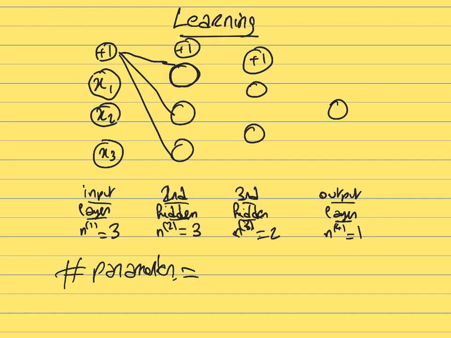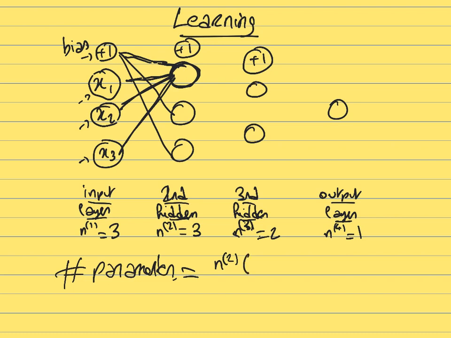So to get the number of connections, you can start with the number of neurons in the second layer, and then you need to multiply this number by the number of connections that it needs to create. Each neuron here within the second layer is going to be connected to 1, 2, 3, and 4. It's going to be connected to those 3 neurons plus the bias. So you will get 4 parameters, 4 weights per neuron.